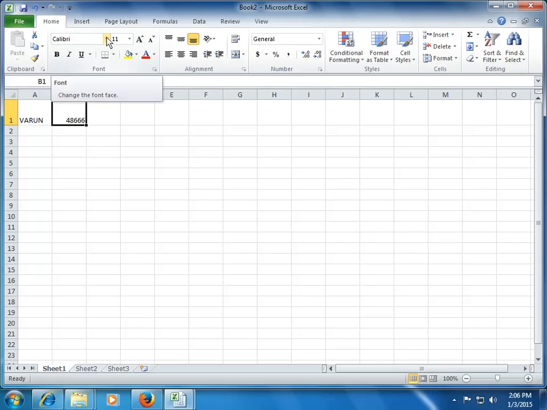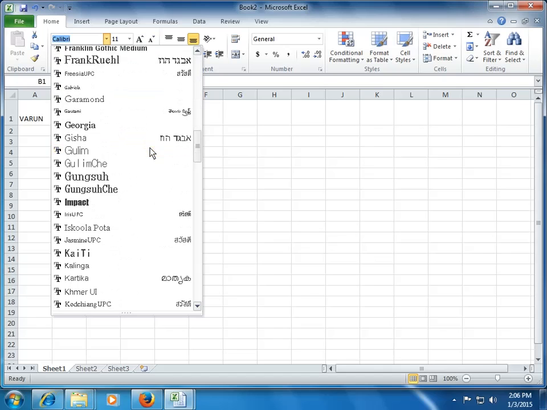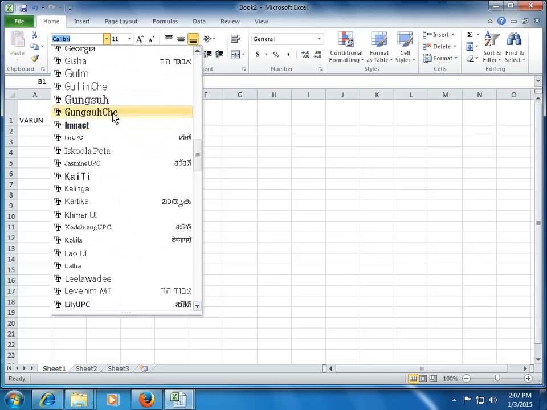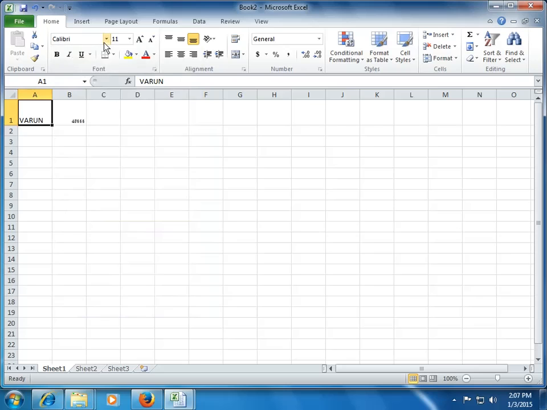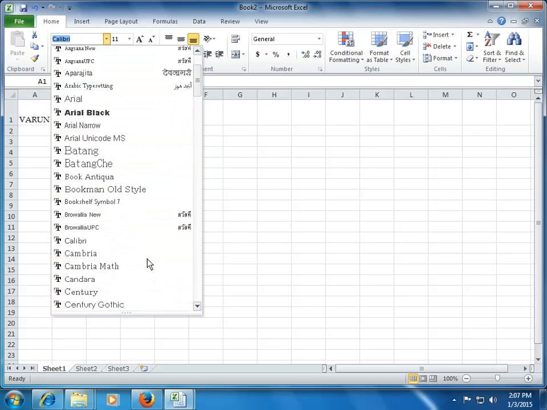I use this drop-down here, and I can change the formatting to any given font style. You can see that we have n number of font styles available in Excel which are arranged alphabetically, and as I place my cursor on each of these font styles, you can see the live preview on cell A1 on the back side of this window. As I am moving my cursor, the font is automatically getting changed. So based on the live preview, we can select the font style which we want.